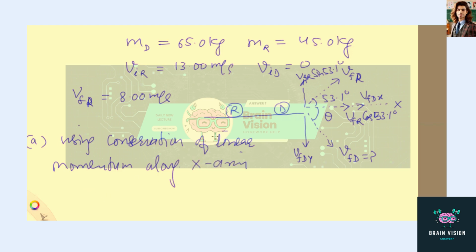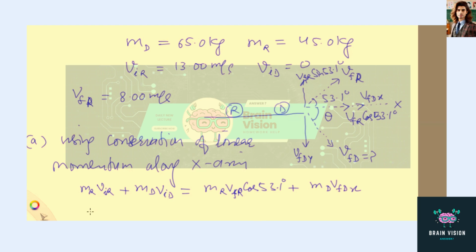So it becomes, for Rebecca, m_R v_iR, for Daniel m_D v_iD, is equal to, along the x-axis, for Rebecca m_R v_fR cos 53.1 degree, and for Daniel m_D